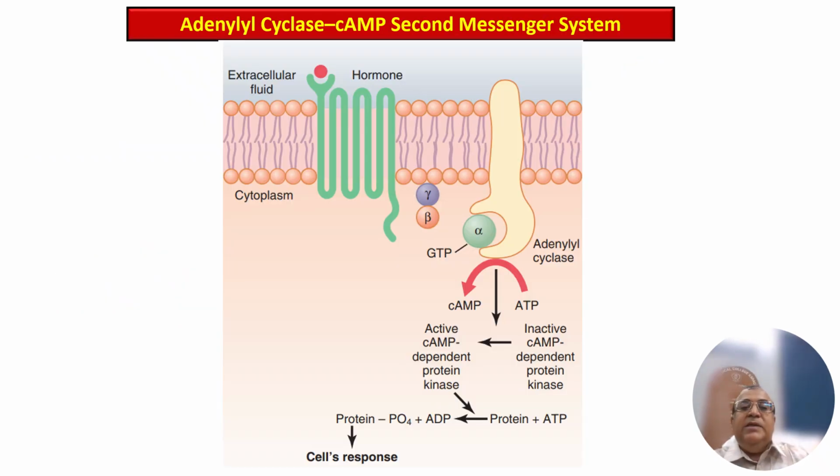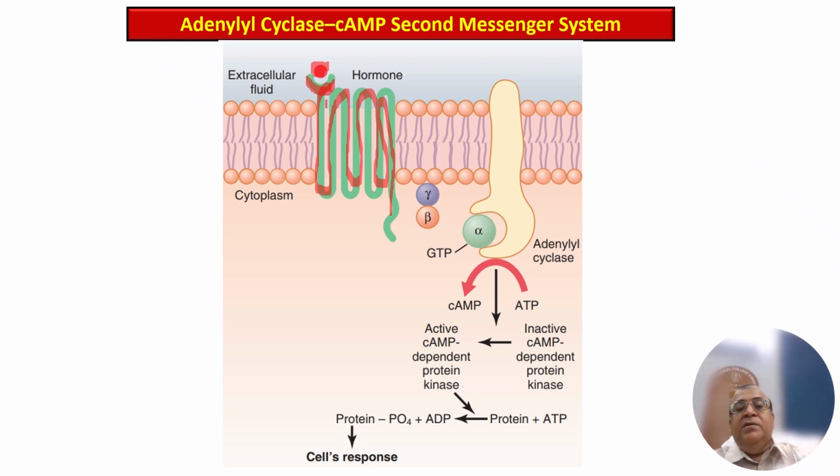This diagram is illustrating the cyclic AMP second messenger system used by a G protein coupled receptor to transmit a hormone signal into a cell, triggering a cellular response. So how does this occur? This red dot is a hormone that binds with a 7-pass receptor, that is the transmembrane receptor, and after the binding with the hormone there is a conformational change in this receptor,